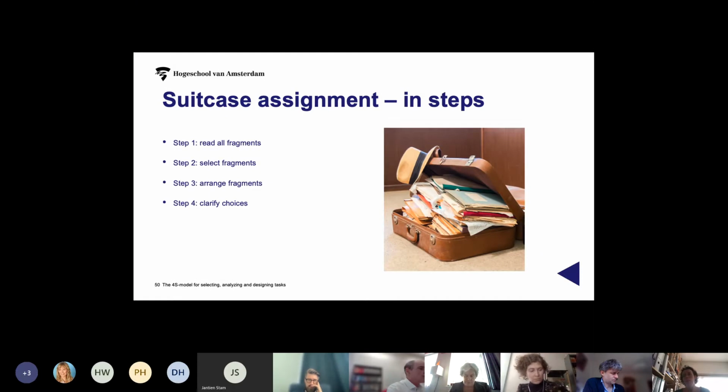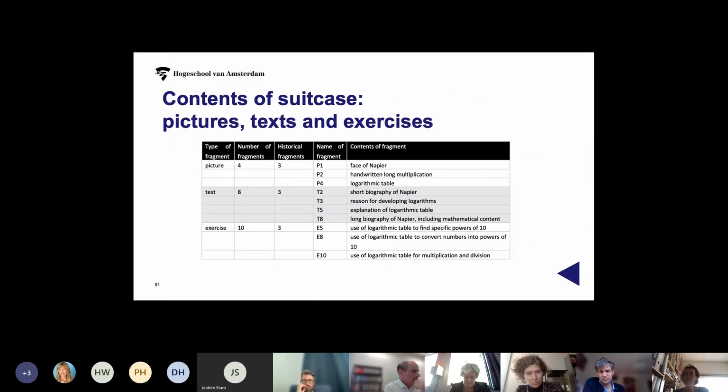We had them do it in a few steps. First, they had to read all the fragments, then make a selection, then arrange the fragments, and finally clarify the choices they made. They handed in the arrangement and the clarification. The suitcase contained,